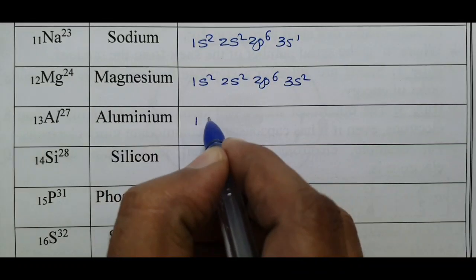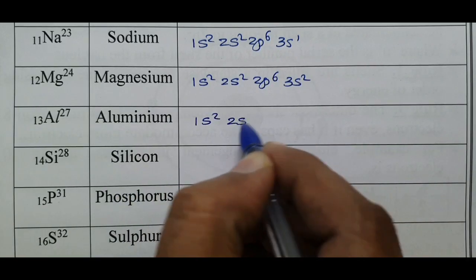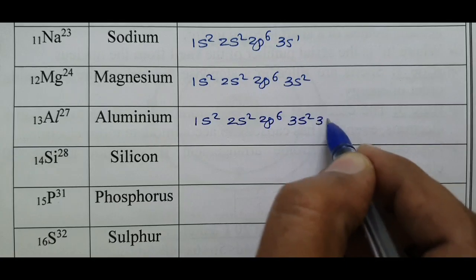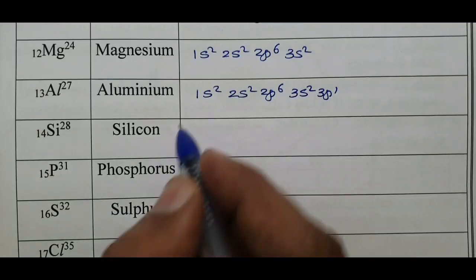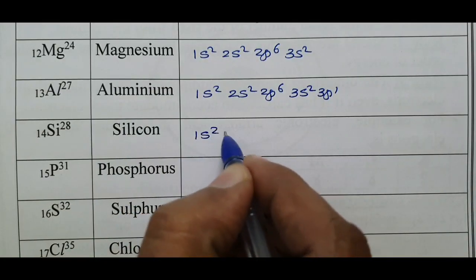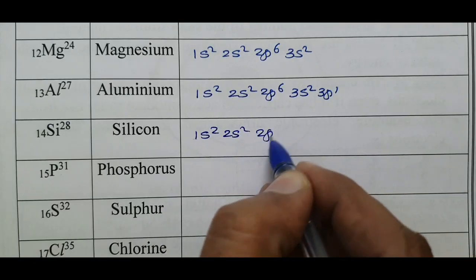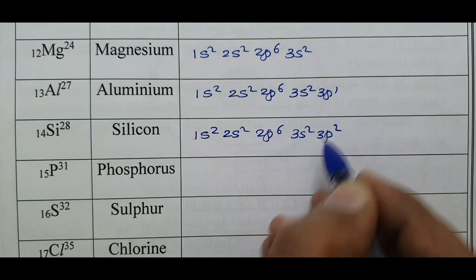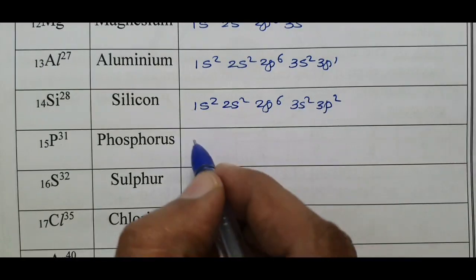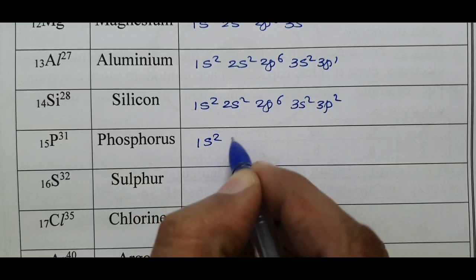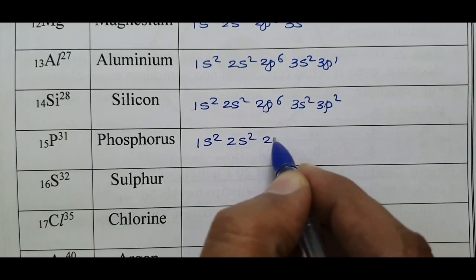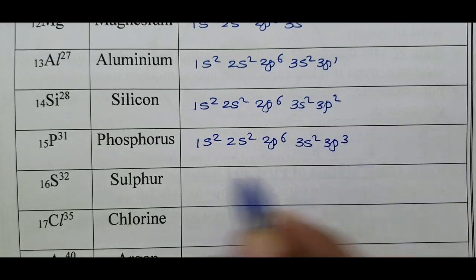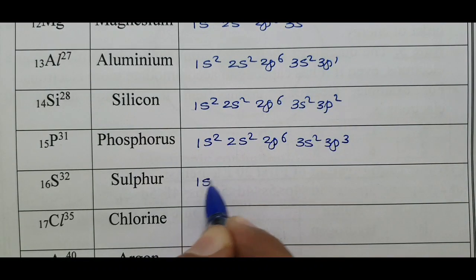Aluminium, atomic number 13, electronic configuration 1s2, 2s2, 2p6, 3s2, 3p1. That for silicon: 1s2, 2s2, 2p6, 3s2, atomic number 14, 3p2; 10 plus 4 equal to 14. Phosphorus, atomic number 15, 1s2, 2s2, 2p6, 3s2, 3p3, and that for sulfur: 1s2, 2s2,